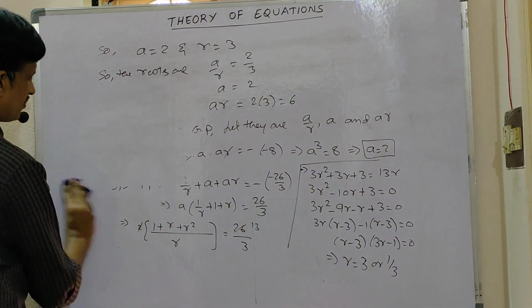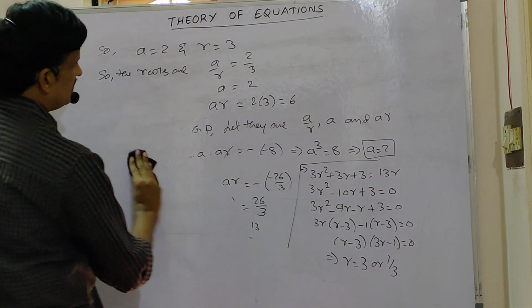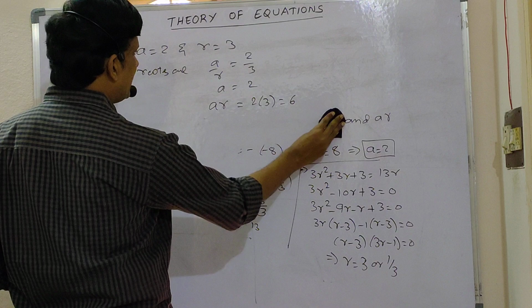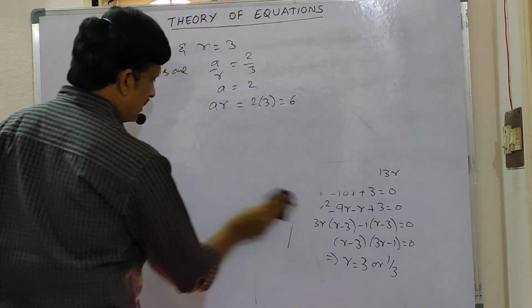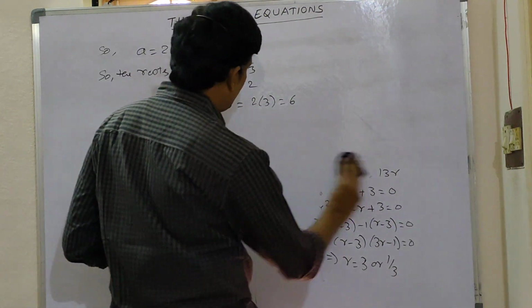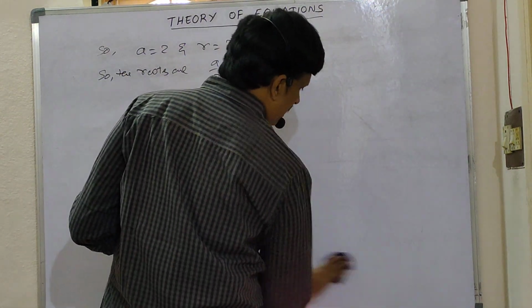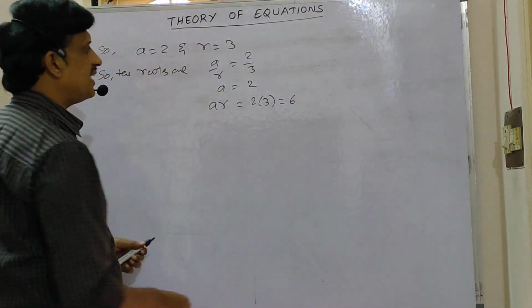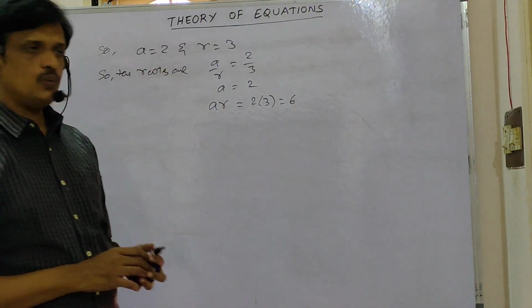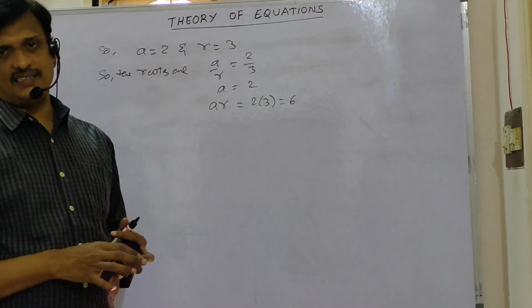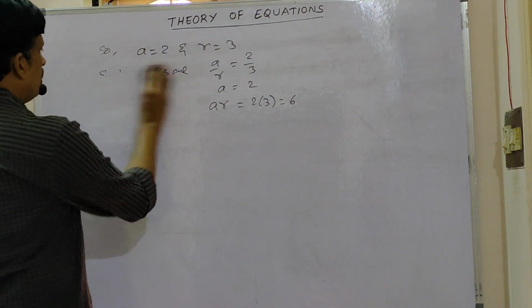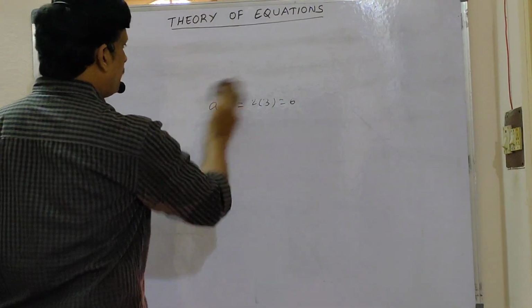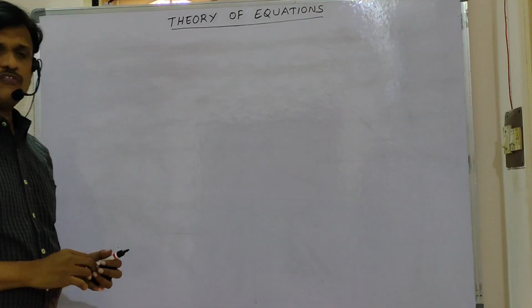So what are the three roots of the given polynomial here? First one is a by r, that is 2 by 3. Next 2, next 6. Means 2 by 3 is the initial term. If you multiply with 3, you get the next one. 2 by 3 into 3 will be 2. 2 into 3 will be 6, like this. So you will get the roots like this. In the same way, when the roots are in harmonic progression, then how to find the roots?